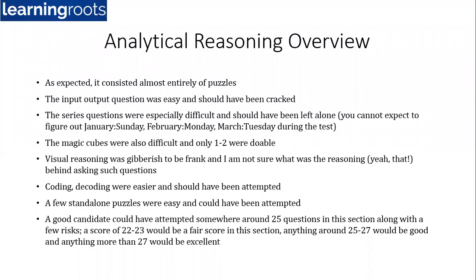Magic cubes or whatever, the 3 by 3, 4 by 4 squares that we have, magic numbers. Those questions were also difficult. One or two were very easy. 2 into 2 minus 1, which gives us 3. 3 into 2 minus 1, which gives us 5, and so on. That was the easy question. One or two were again difficult. They were not very straightforward. So again, if you are not really great at these things, it was better to leave these questions alone